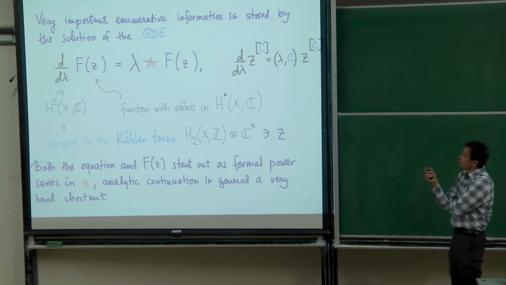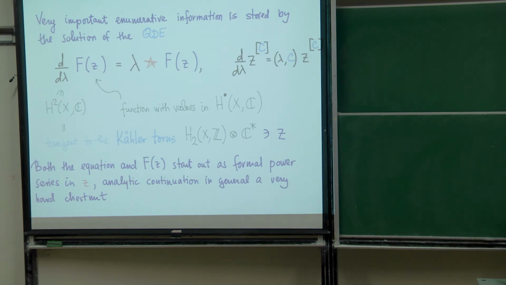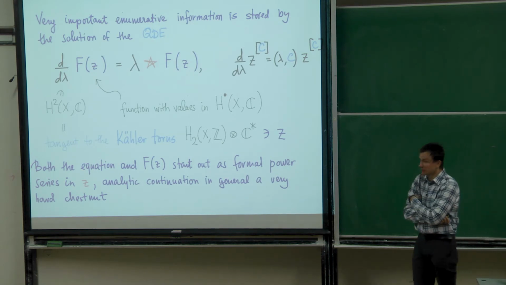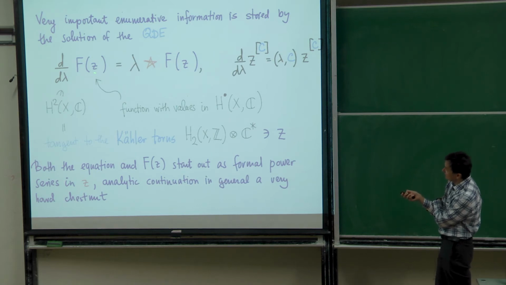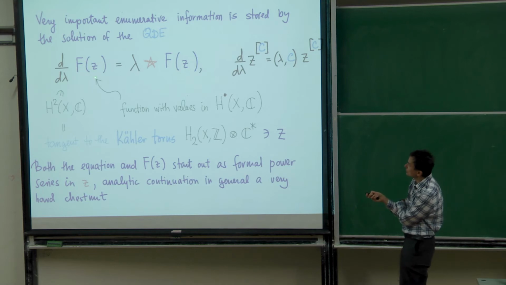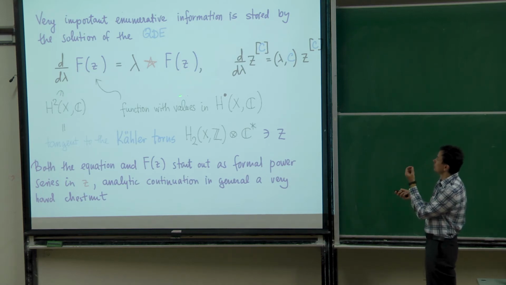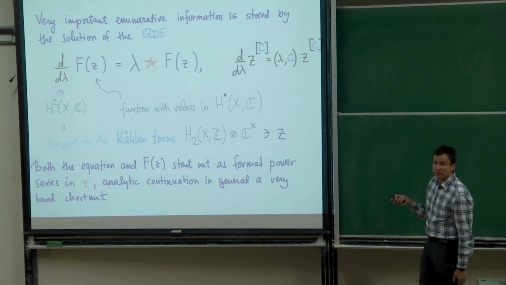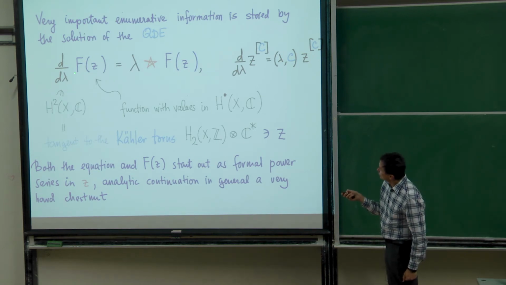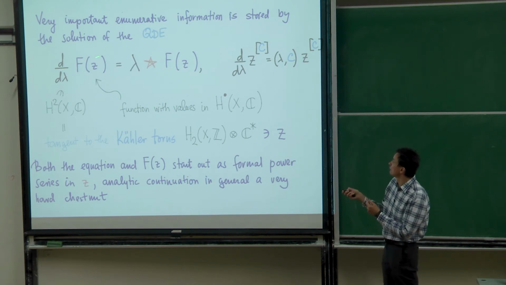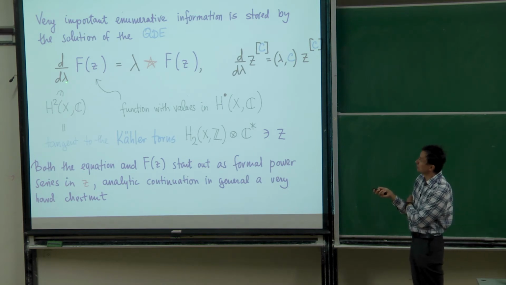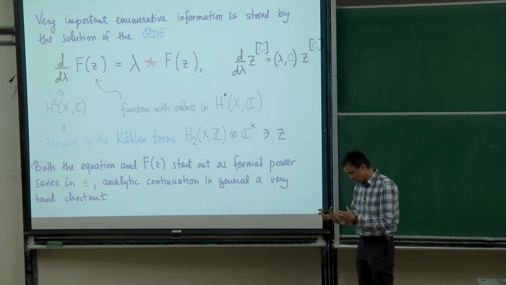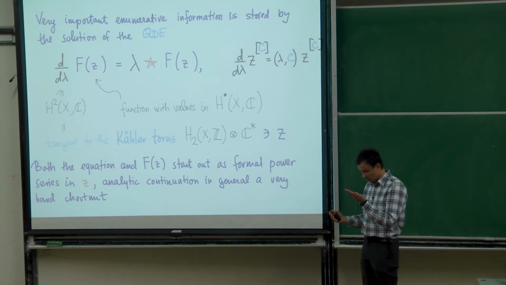And a very important enumerative information is encoded in what's called the quantum differential equation. Like I said, it is a linear ODE. It's an equation for an unknown function f of the variables. So the variables are the variables z that appear in this quantum differential equation. If you differentiate this, the function takes value in cohomology of my algebraic variety. And so I differentiate with respect to a variable lambda. So z was a variable in a torus, and lambda is a variable in the corresponding vector space,